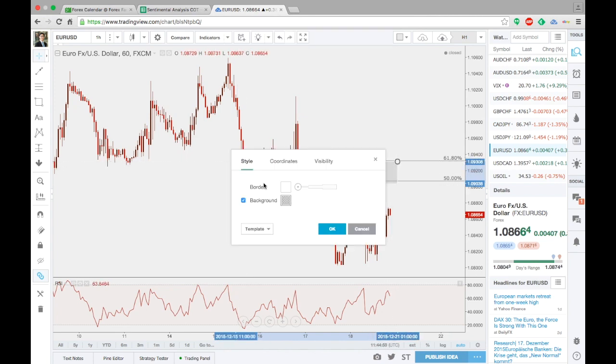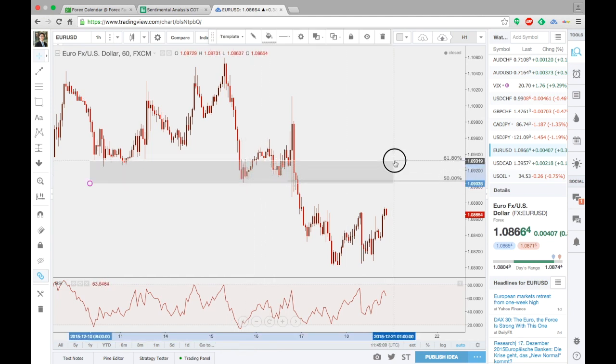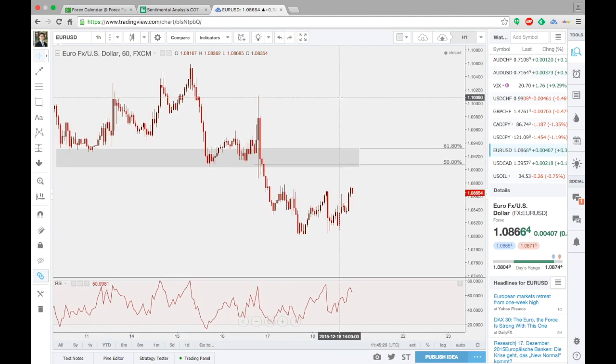For those who are looking at this, if you decide to take the 618, being more conservative, where the previous structure is, that is fine. For more aggressive traders, we are looking at the 50% retracement, which is the immediate support resistance. Overall, this entire region is the high potential region for price to come back up, should it come back up, to reject off this level for a continuous downtrend movement. So this trade is essentially in line with the overall fundamentals.